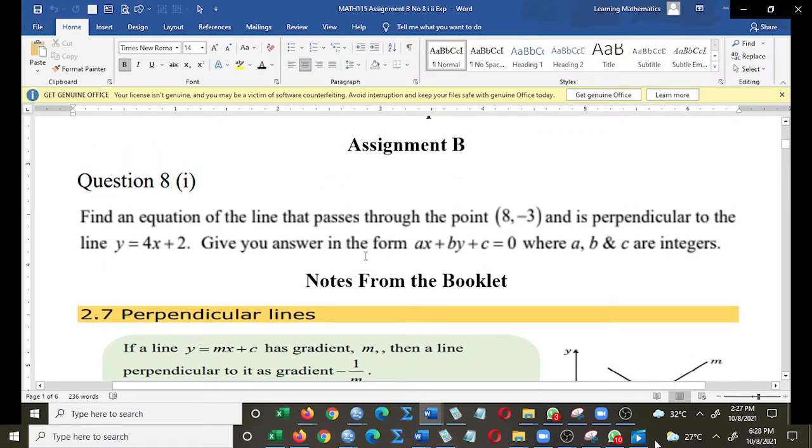Let's go back to the question. Find the equation of the line that passes through the point 8, -3 and is perpendicular to the line y is equal to 4x plus 2. Give your answer in the form ax plus by plus c is equal to 0, where a, b, and c are integers. Now,